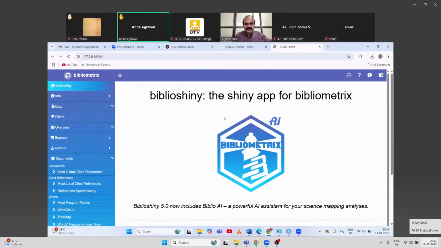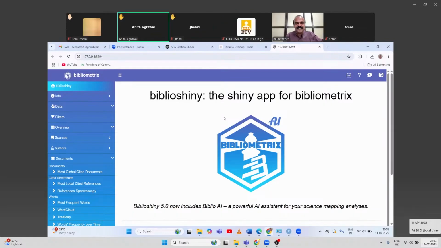Sir, can I ask a question? Yes, sure. Sir, today we have learned how to merge the two files, one from Web of Science and another from Scopus. And then we can remove the duplicate records as well. But I observed there was a difference in the number of variables also, like 60 something variables in Scopus and 40 something in Web of Science. So when we merge the two documents, what happens, only the common variables are left and others are removed, or